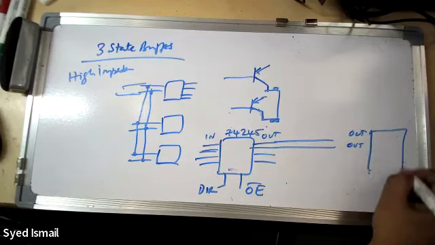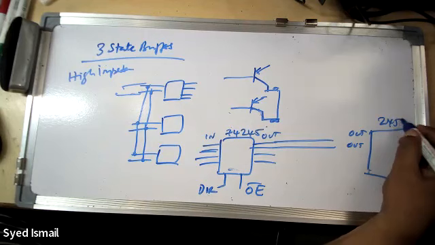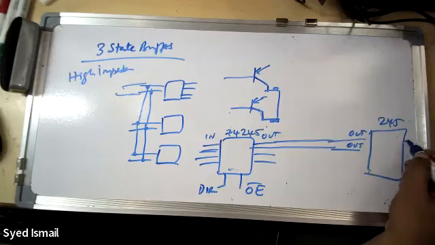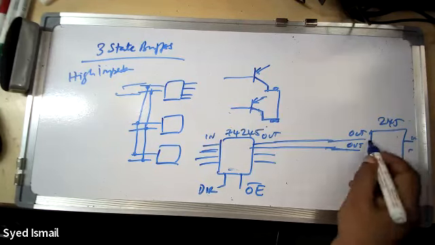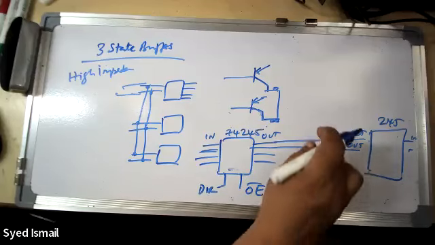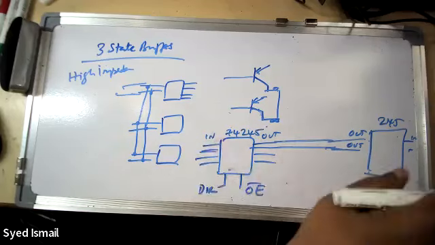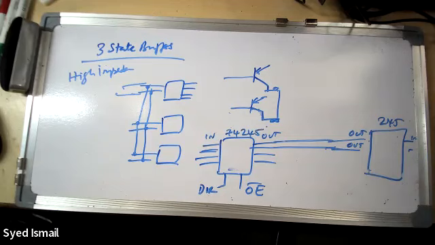So I assume I tell you an example here like this. Another 245, output here also comes to output. Here is input. I cannot join 2 outputs. If this fellow gives 1, this fellow gives 0, the current will go through it completely. So I cannot join one out and another out. One out must go to in only. But this is a case I won't have in my application.